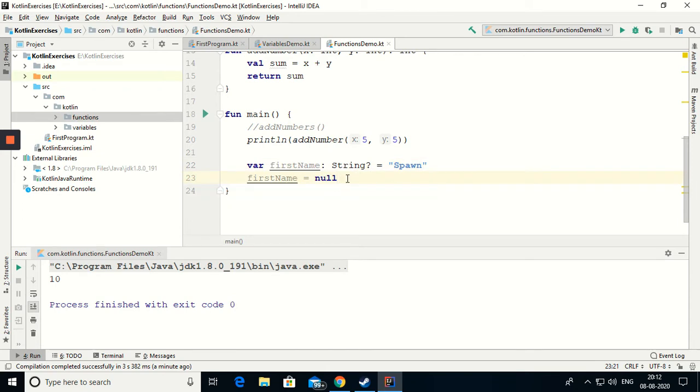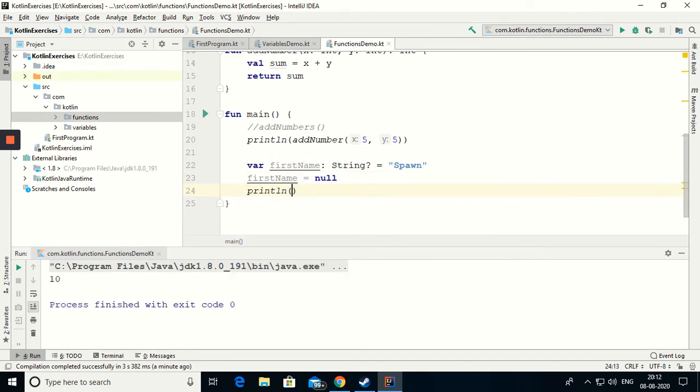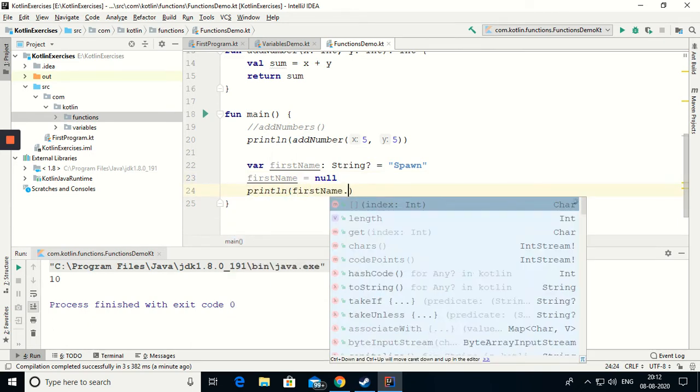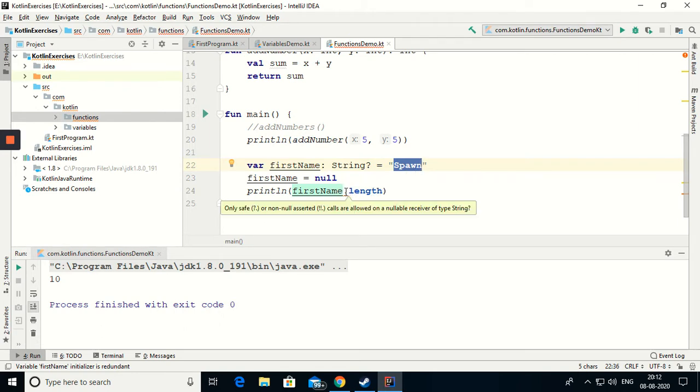And now it can accept the null value. But now let's say that you want to print the length of the string, right? As string is a class, there are certain functions inside it, and you can access it. In the same way, there is this length field inside the string class, which will tell us how many characters are there. Here, as it is 5,